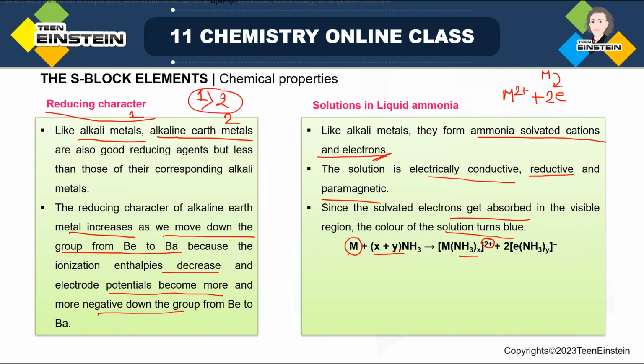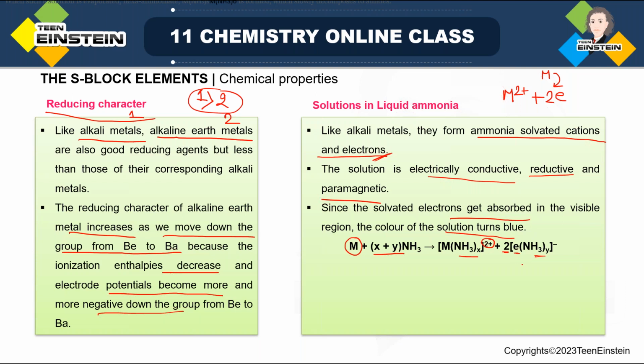It is still 2 plus because the metal has lost 2 electrons, and each of the 2 electrons that are lost is surrounded by Y number of ammonia molecules. So if you compare both sides of this equation, the left-hand side and the right-hand side, the total number of ammonia molecules is actually the same. And here you can see 2 is written outside. That means a total of Y ammonia molecules surround each electron,